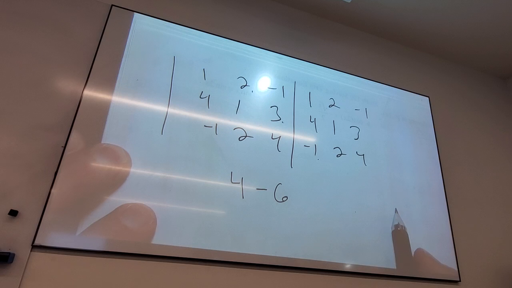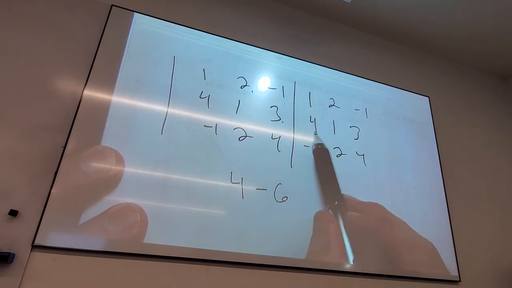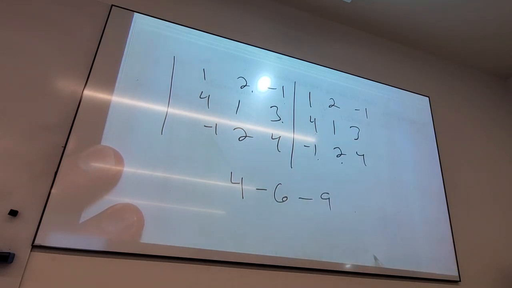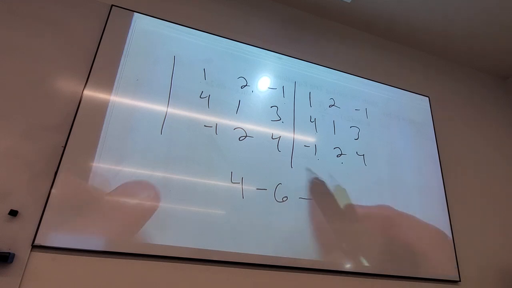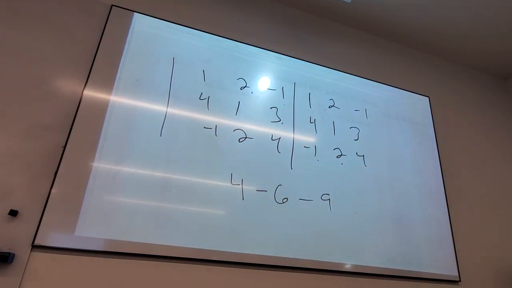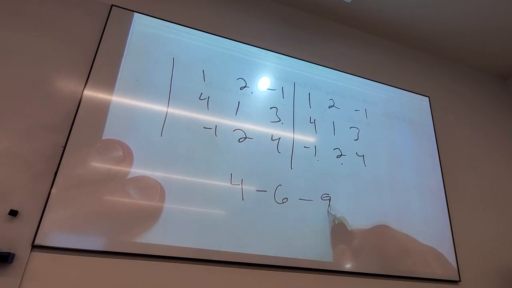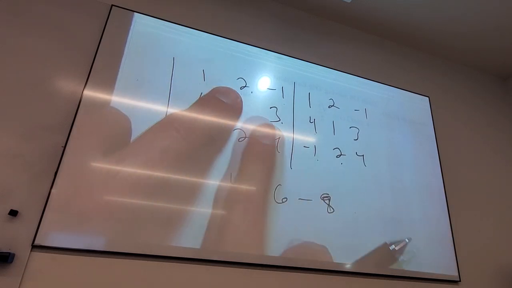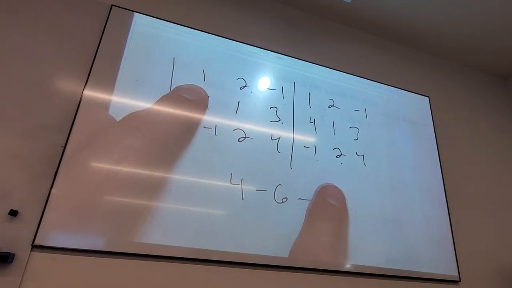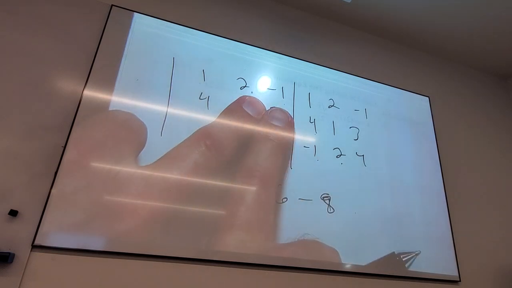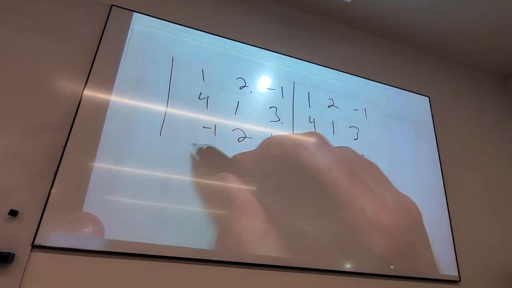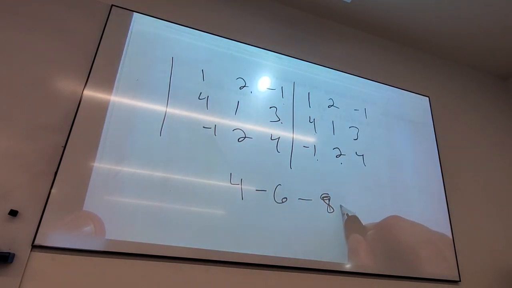Yes? Negative 1 times 4 times 2 is negative 8. Good job, Jeff. I'm having to really make sure this is right. Yeah. Negative 6, negative 8. Yes, okay. And then if I go this way, I do minus